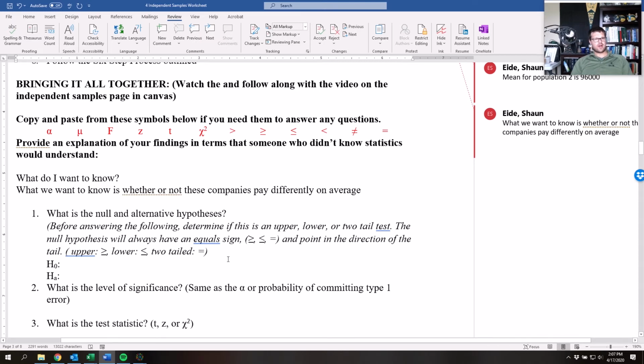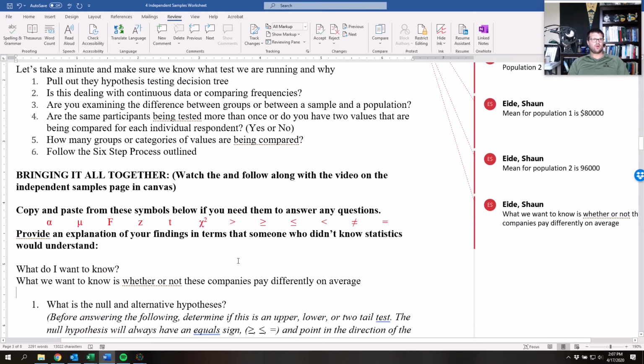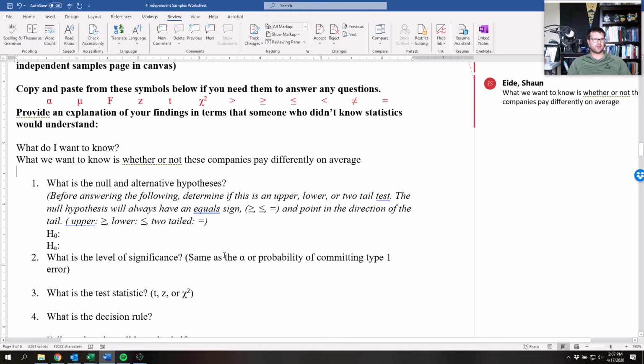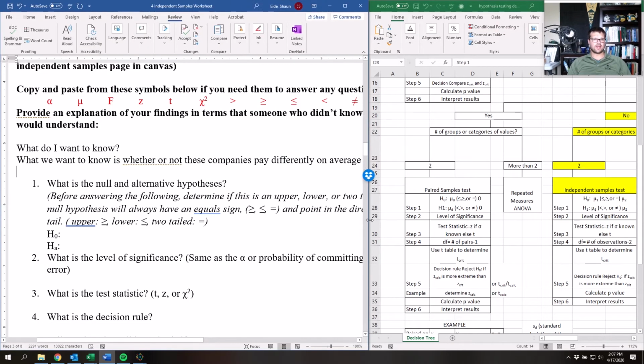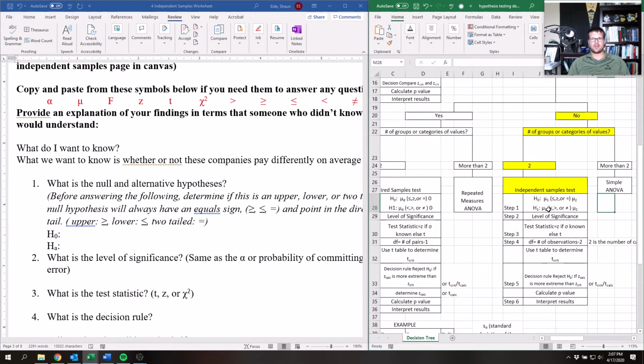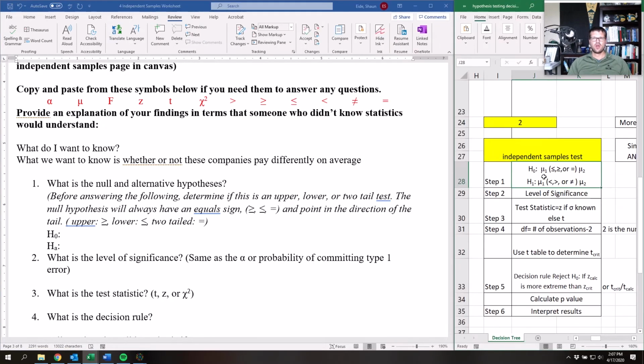Okay, next, what is the null and alternative hypothesis? In order to find how to write them, this is a little bit different than the single sample test. With the single sample test, we were comparing a sample to a population. Now we're comparing a population to a population. Mu1 is less than or equal to, greater than or equal to, or equal to mu2. In other words, sample 1,